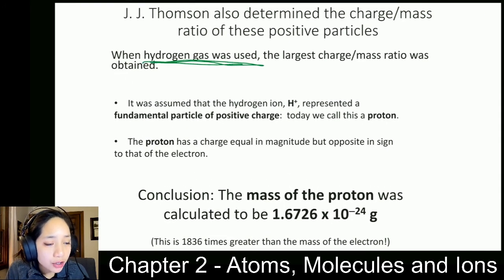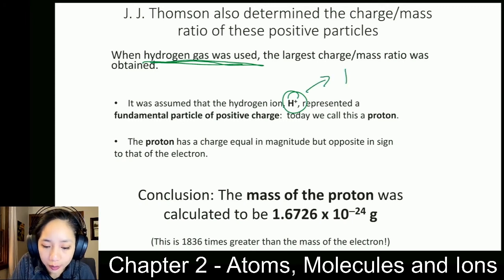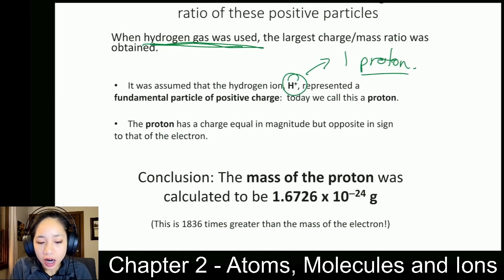So this kind of gives us a glimpse into it. Because when we use hydrogen, when we knock an electron off of a hydrogen atom, you just get H+, which is just a single proton. All right, so it was assumed that the hydrogen ion, or H+, because that's the simplest element, was the fundamental particle of positive charge, which we call a proton. So a single positively charged hydrogen atom is just one proton. And so what they saw is that the proton had a charge that was equal in magnitude to that of an electron,